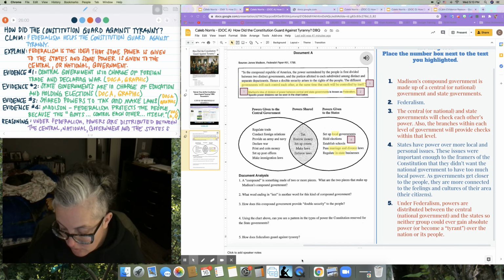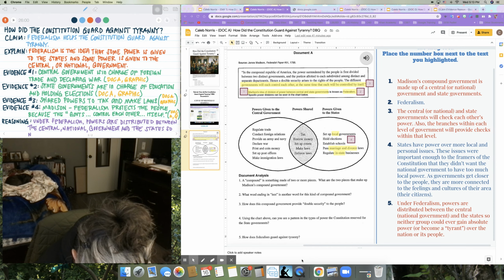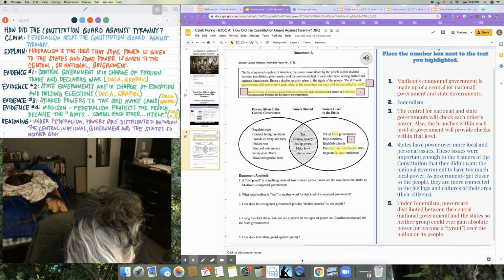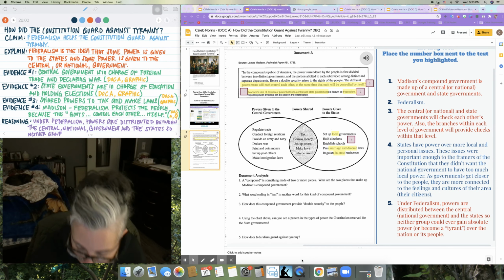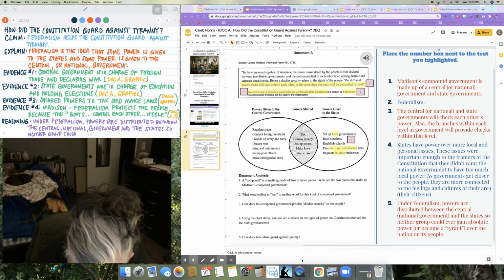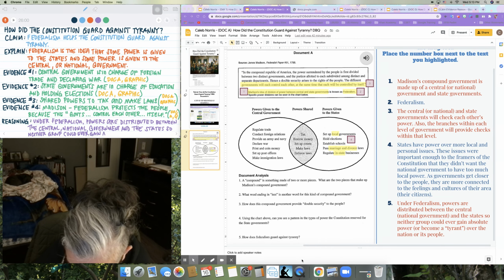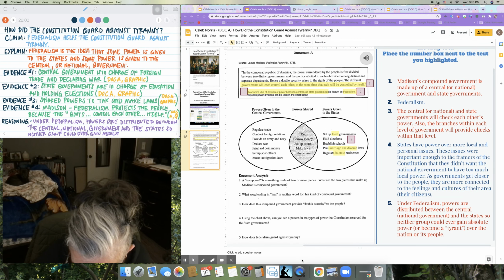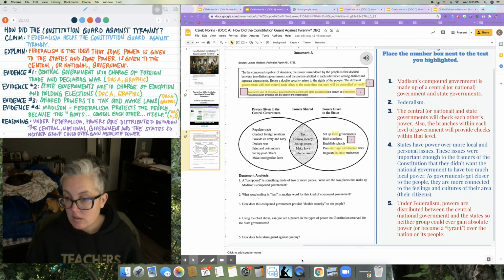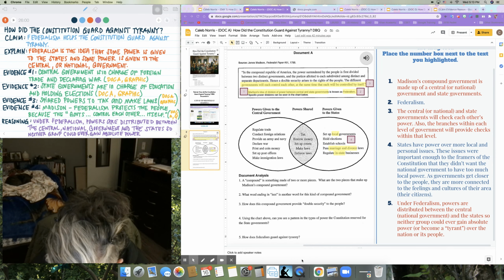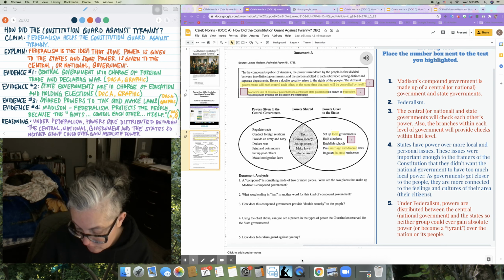So neither group could ever gain absolute power, or become